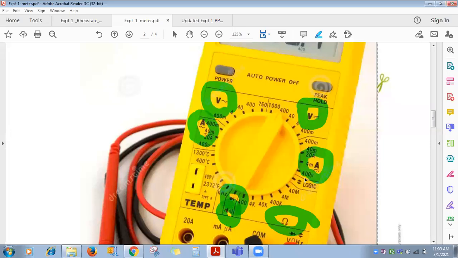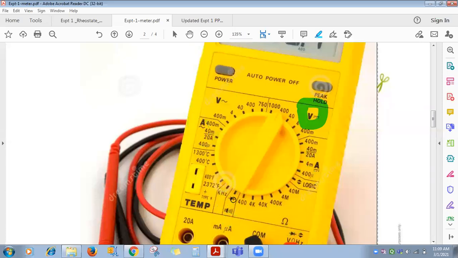Speaker. Means, what are the applications of the DMM? You can measure AC and DC voltage, AC and DC current. You can measure resistance also. Diode: which one is the anode terminal, which one is the cathode, whether the diode is in working condition or not, that also you can check.